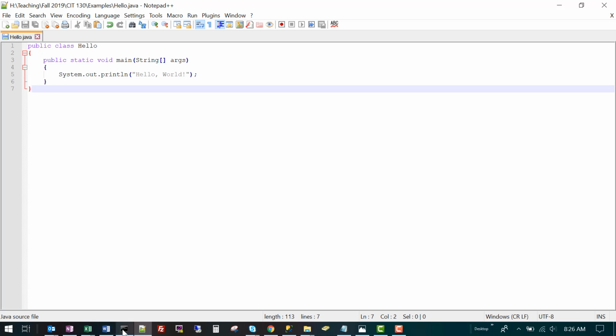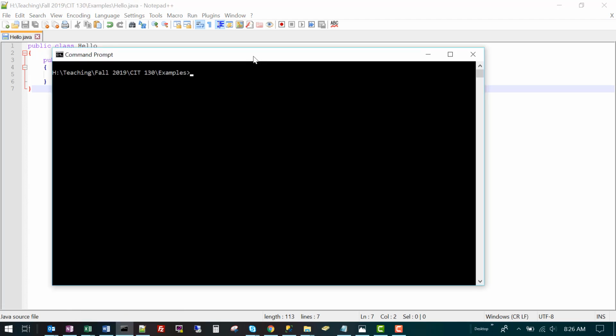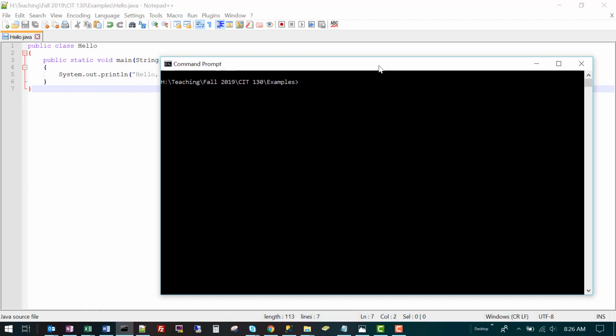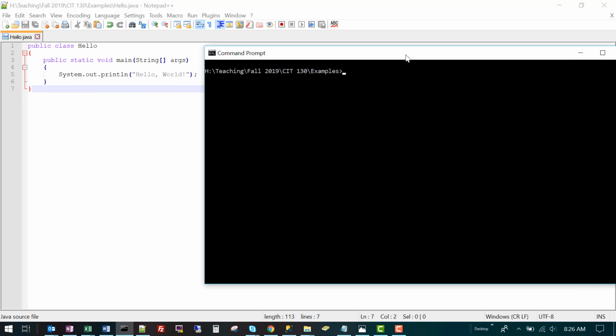So in order to get the program to a runnable state, we have to compile it. Compiling in computer science is the process of turning source code into something that the computer can understand. At this point, most of you certainly have heard that the computer speaks ones and zeros, or binary language, a language of ons and offs, the presence of an electrical signal or the absence of an electrical signal.